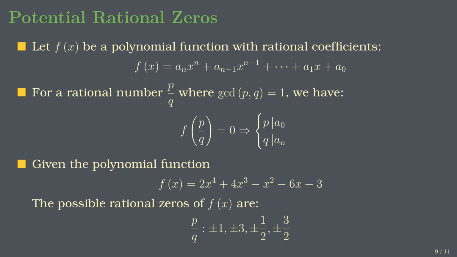However, a polynomial function might have high degree, and it's very difficult to do so. Unfortunately, we actually have a better way to evaluate polynomial functions at a specific number. That is